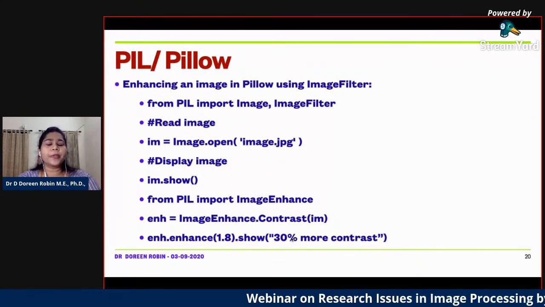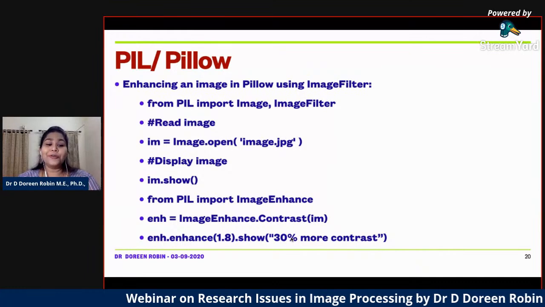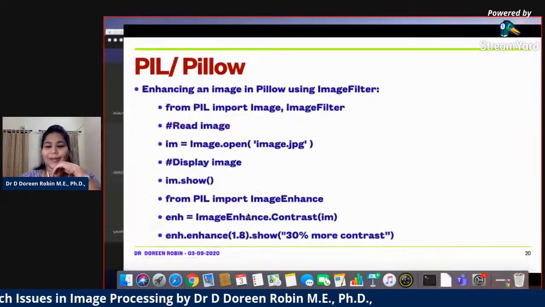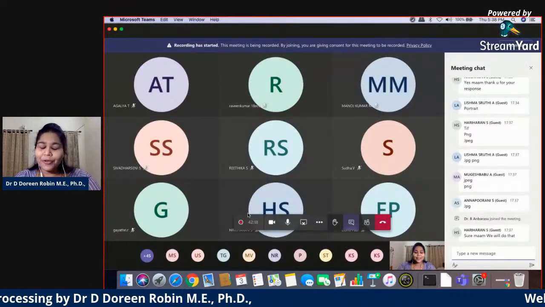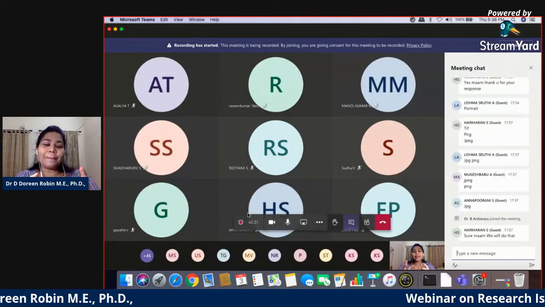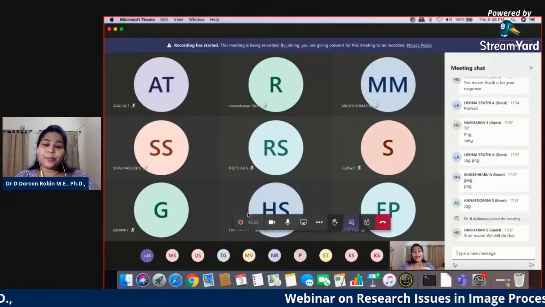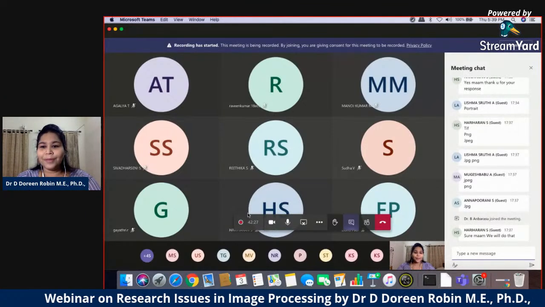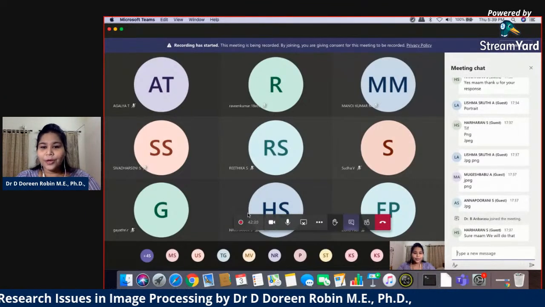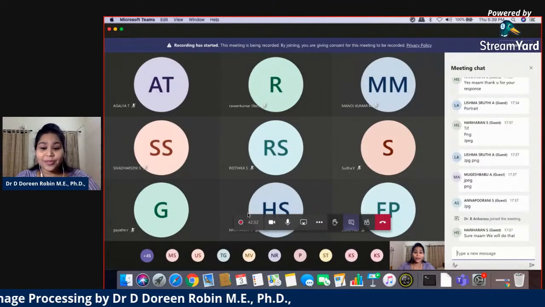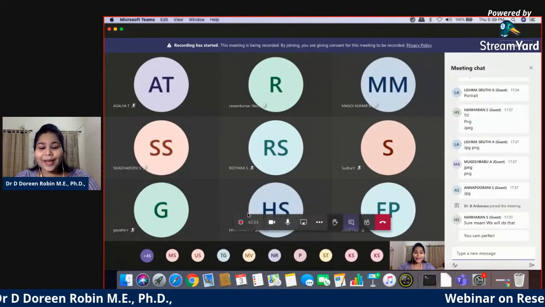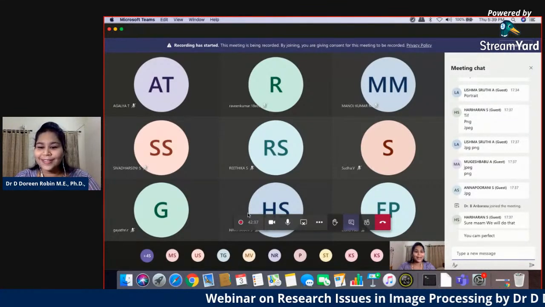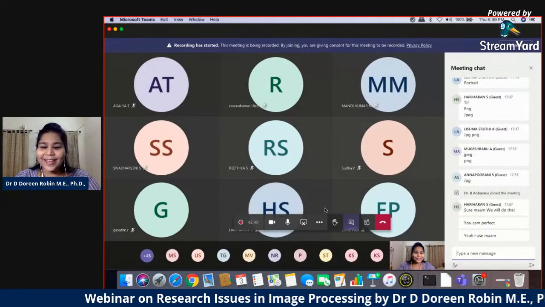You do a lot of color corrections. Can you tell one or two applications, you college students and faculties? What is the application you use after you take a normal picture to enhance it to look even fairer? Quick, please. Do you use it? How many of you agree you use such applications? Thank you. Hariharan is the most active person. Yes, a lot of people use it.